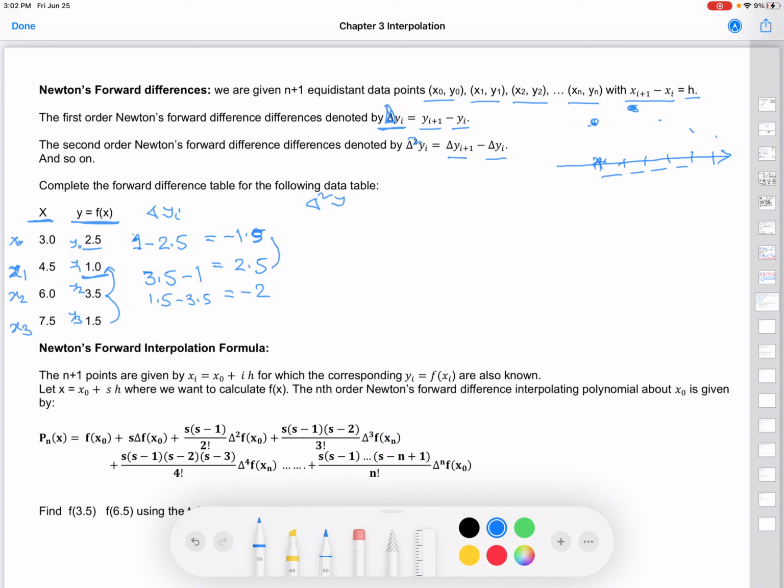So 2.5 minus negative 1.5, and then negative 2 minus 2.5. So what is this one? 2.5 plus 1.5, that is 4, and this one will be negative